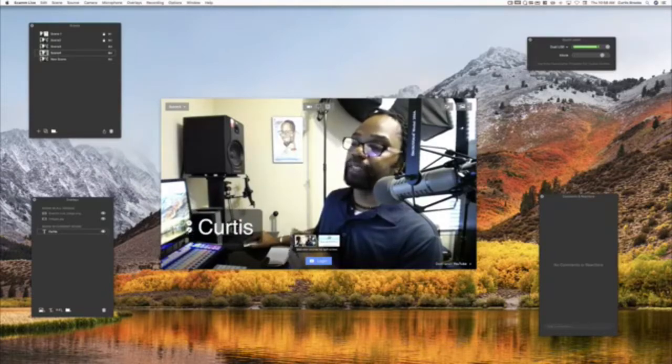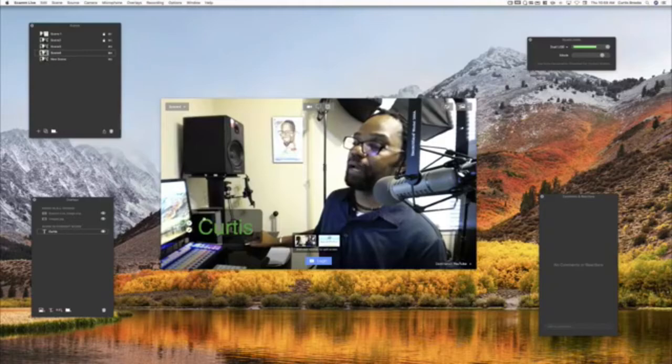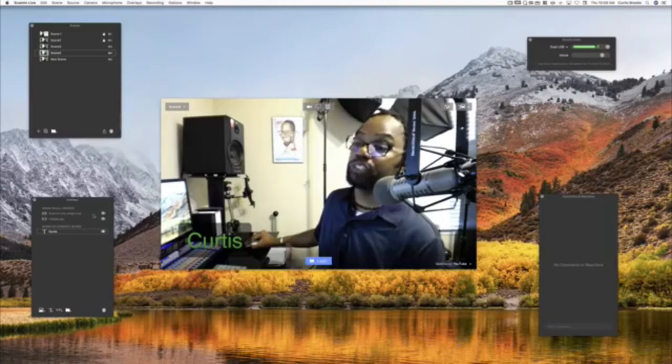And the cool thing about that, if I want to make edits to this, my name here, I can just click on the pencil there, go back in there, change the opacity. You'll see how that's getting darker. All right. I can change it to green. That's for the text. I can save it. And now my name is in green. And this works the same way with images.